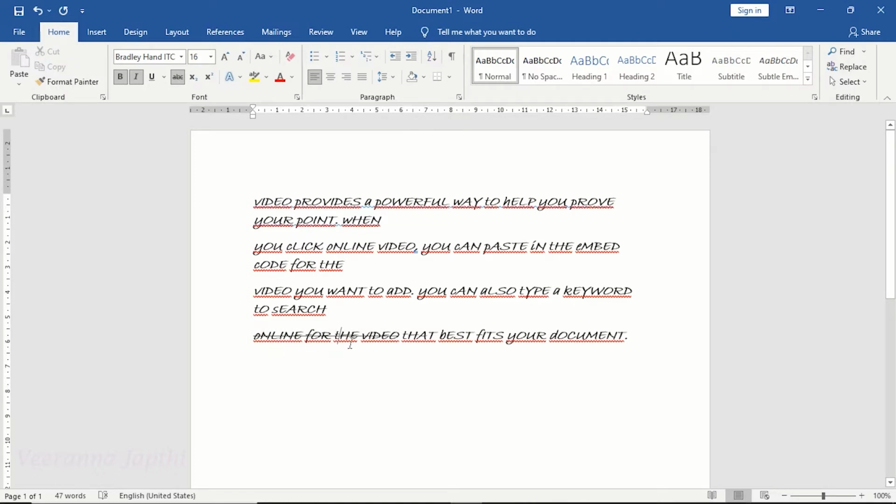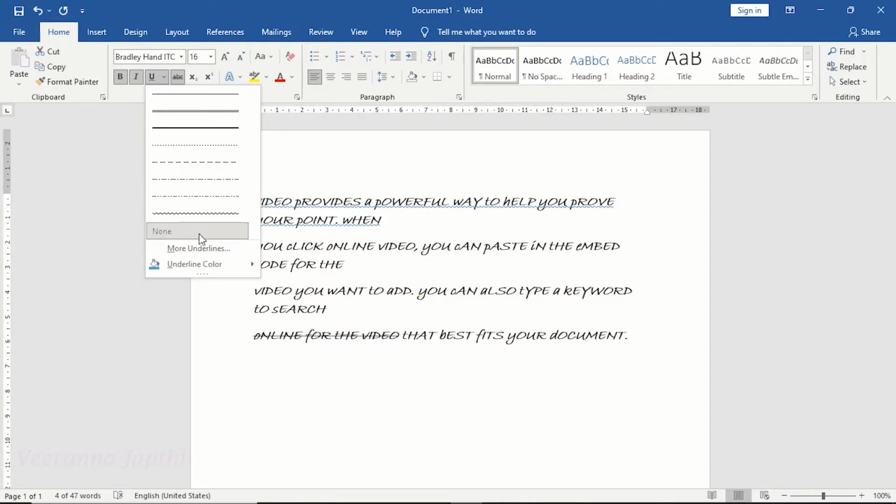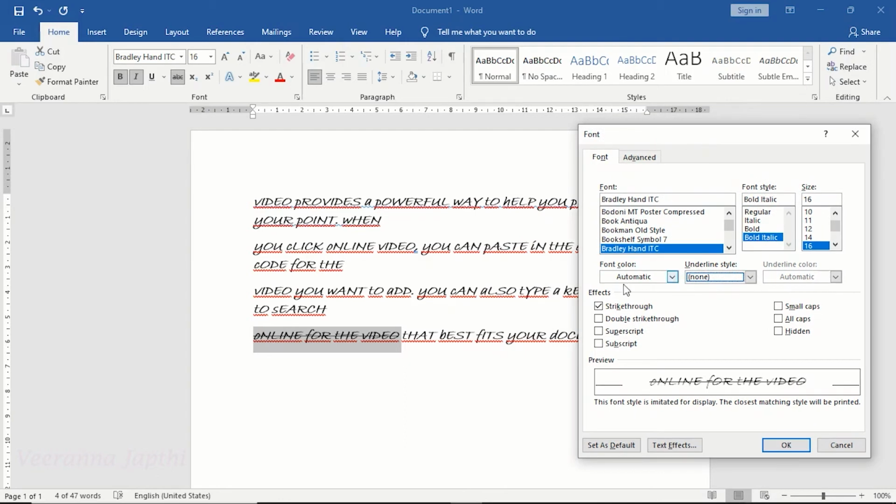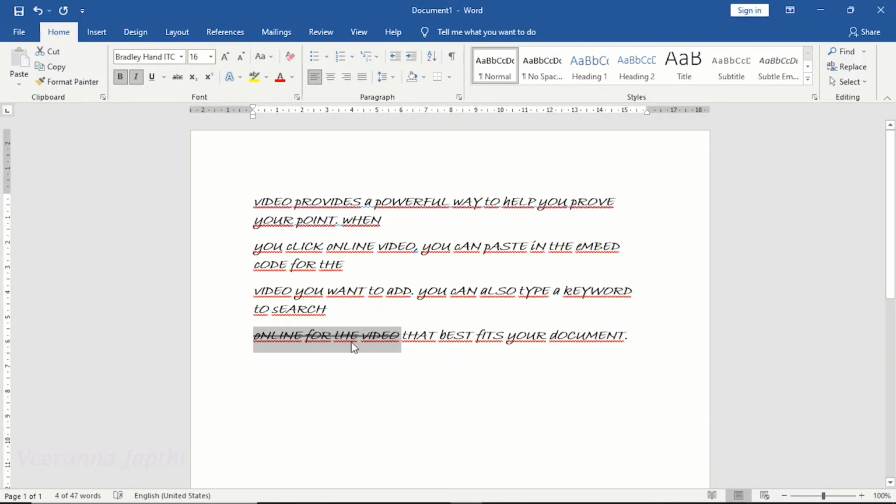If you want double line strike off, select the text again. Click on underline tab. Click on more underlines. It opens font dialog box. Mark the option double strike through and click on OK. See here, double line strike off has been applied. Next option,